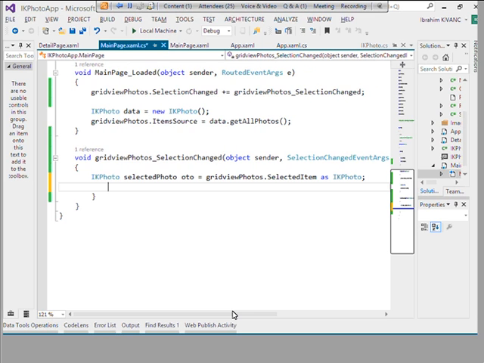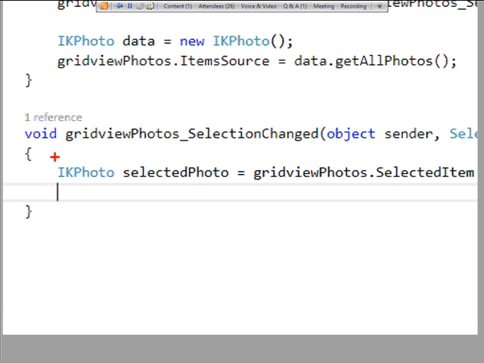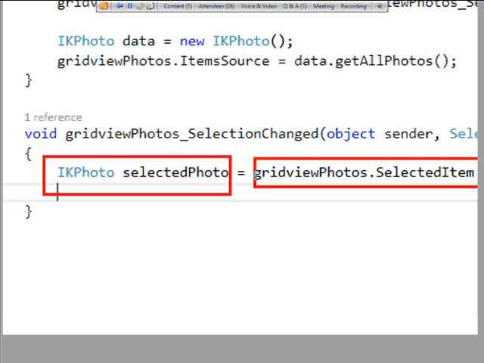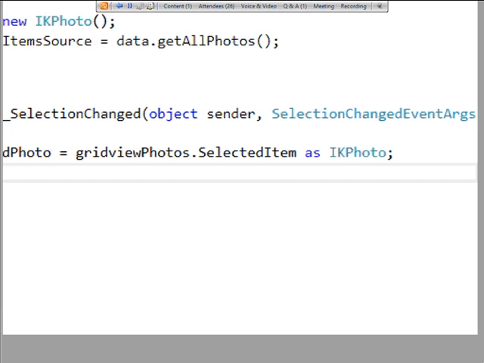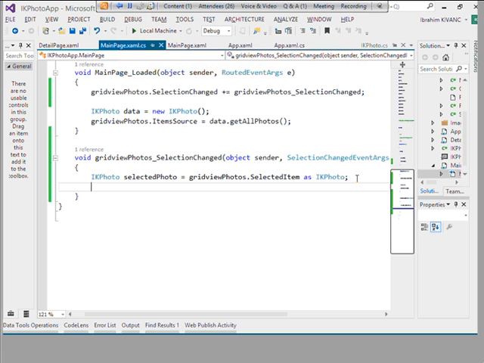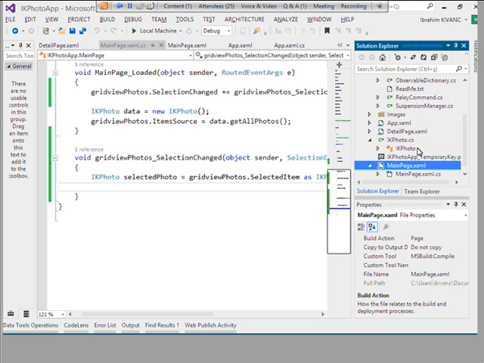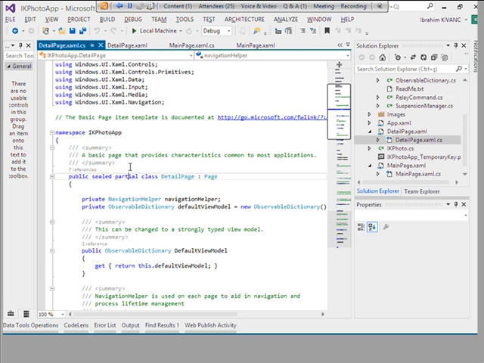So when we have a look at that, this is just the photo object I'm creating in here, and then I am assigning that selected object as my object. So this is just a basic thing, and then we need to send this to the other page. I can use application XAML.cs in order to pass this parameter, or I can use just the parameter, but let's make it simpler. Let's create a global constraint inside of the detail page, and then we can access there, and we can get this selected